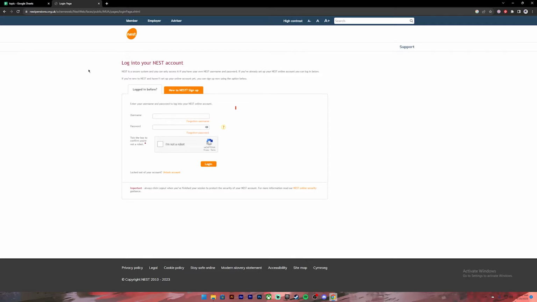On this page, you have to provide your username and your password. And if you are new to the Nest, you can click on this link to sign up for a new account. Now go ahead and enter your username. After that, enter your password. And if you want to recheck your password, you can click on this icon and it will reveal your password. And in case you don't remember your username or your password, you can click on respective link to recover